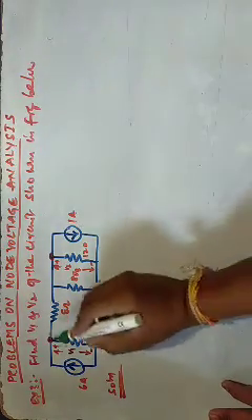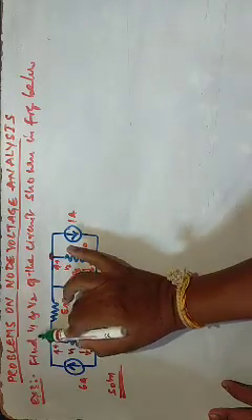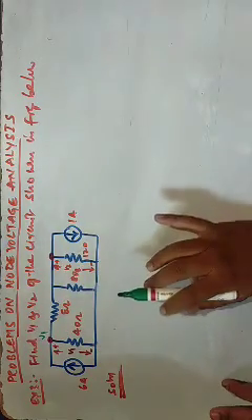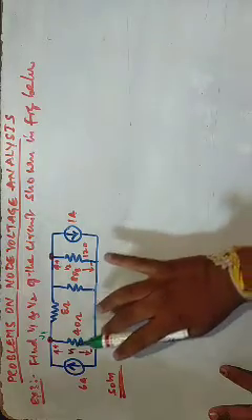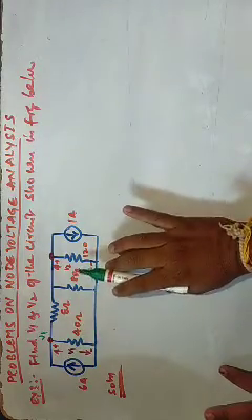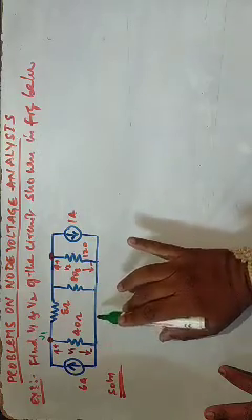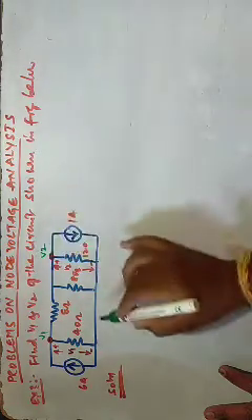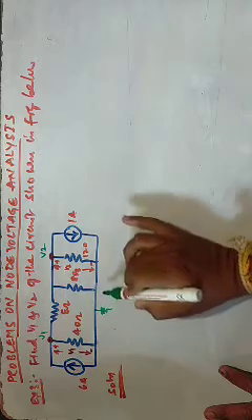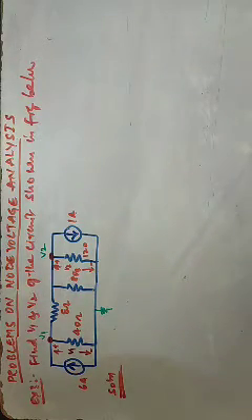So this point is considered as node 1 and I'll represent that voltage as V1. It has already been given as V1 and V2. From this point to the ground is V1, and this is V2, and here we are using the reference node, which is at zero potential.